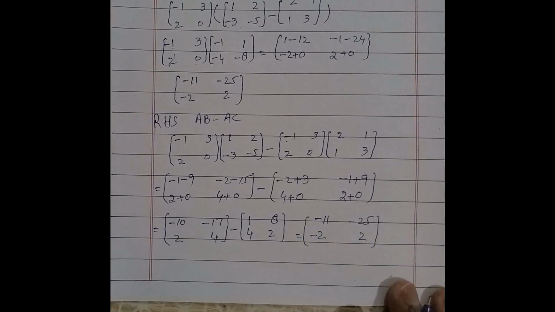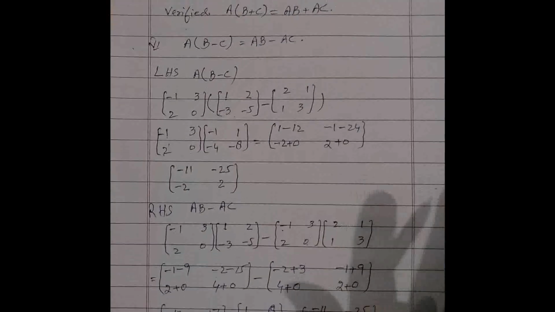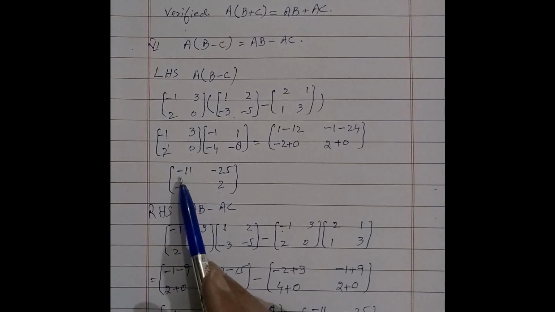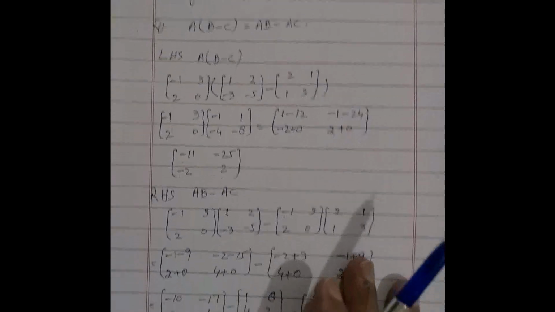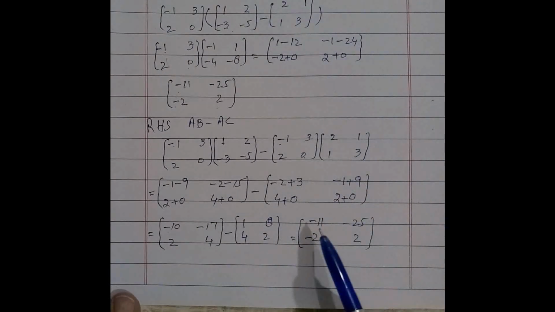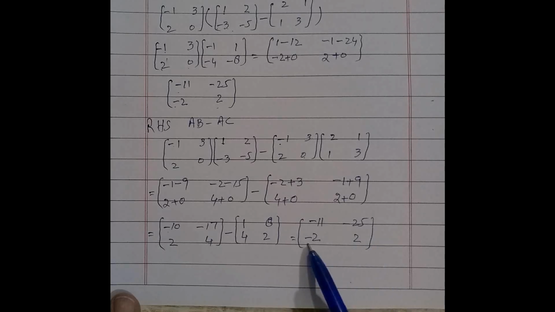And this is the right hand side of the matrix, and we saw and verified. This is the left hand side, minus 11, minus 25, minus 2 and plus 2. And right hand side is minus 11, same, minus 25, minus 2 and plus 2. So they are verified